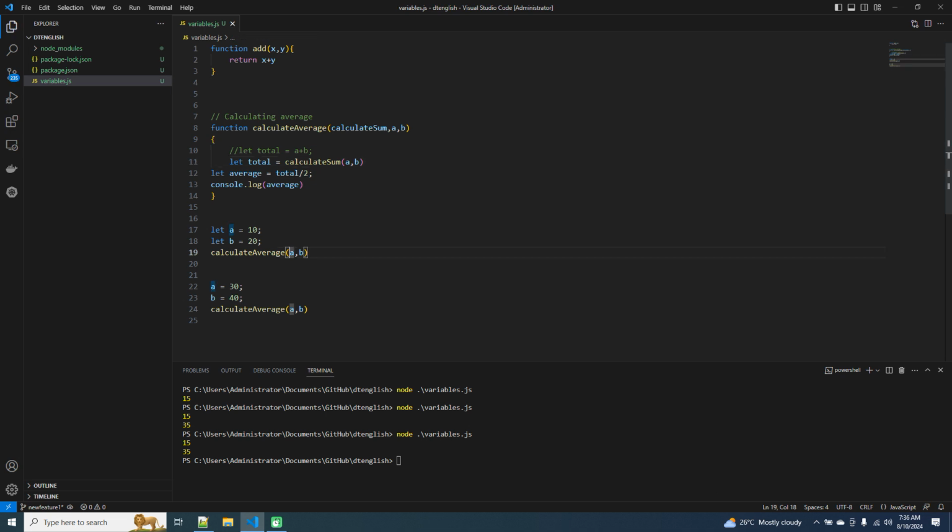Now see, I am calling this calculate average function. While calling, I am sending this function name as a parameter. So in order to avoid confusion, I am removing this second part. See, I am calling the calculate average function and sending this function as a parameter to it. While executing, this function will receive the add function in the name of calculate sum. So in this 11th line, what it is doing,